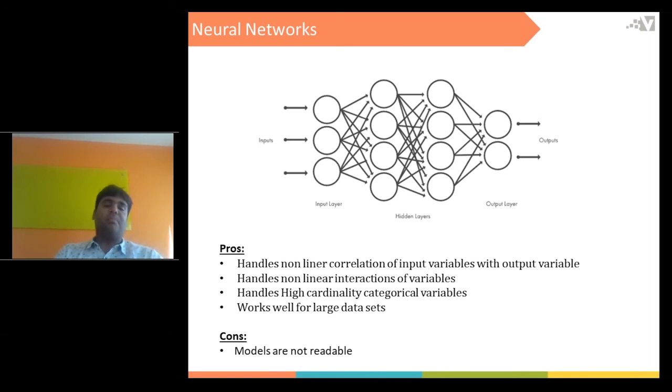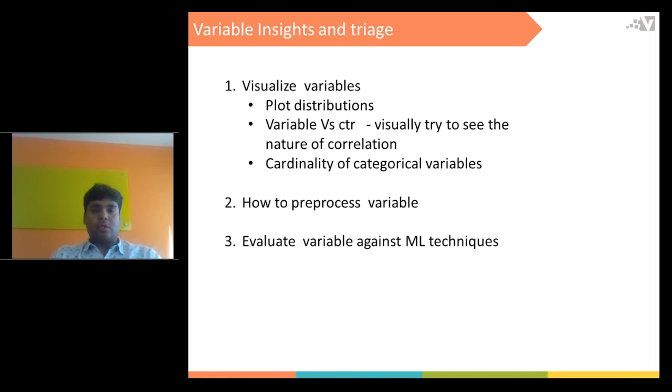So in the next section, I'll take some variables and visualize those, plot some distributions, plot the correlation between a variable and the CTR. Just see what type of correlation it is, whether it's a linear or a non-linear correlation.